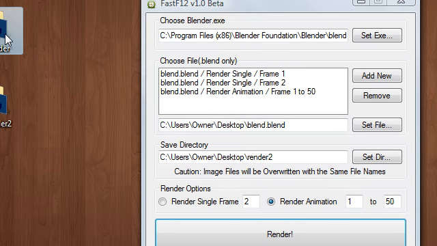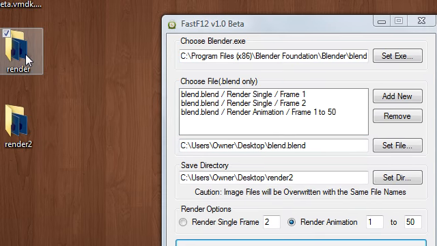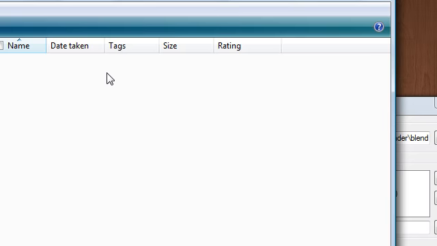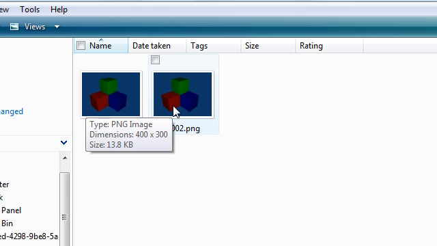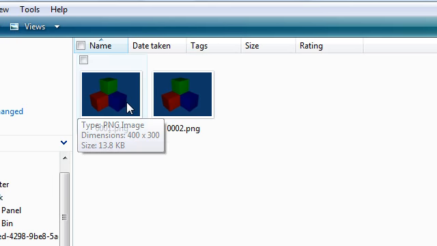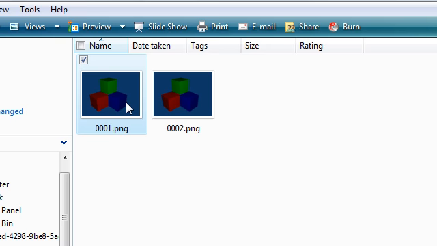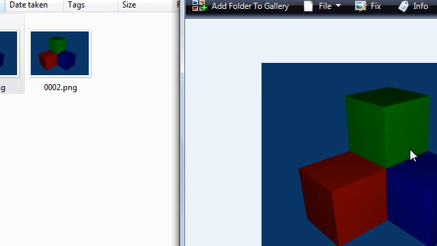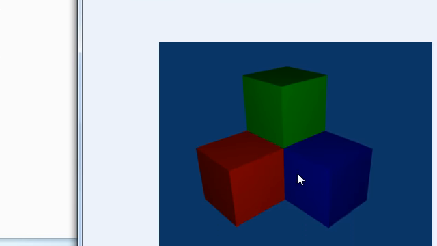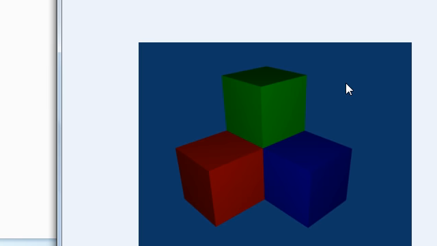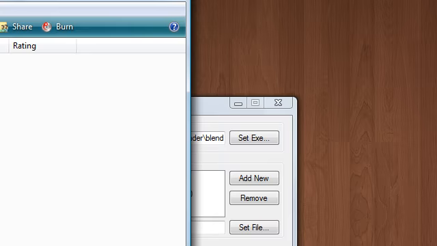And if you look in the render folder, the first folder that we set for these two, you can see that we do have these two image files, and I'll open one up for you. Here is the rendered cube thing that I just made for this. So if we exit out,